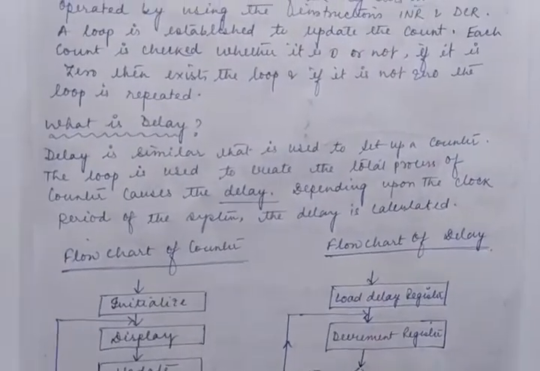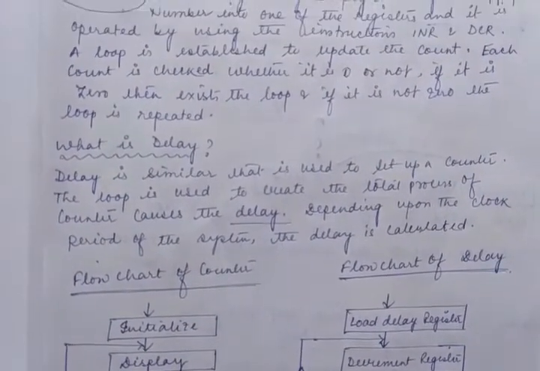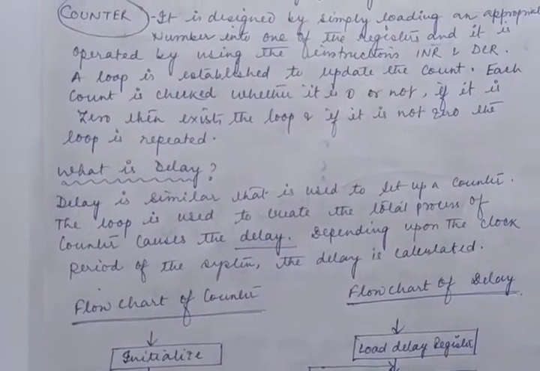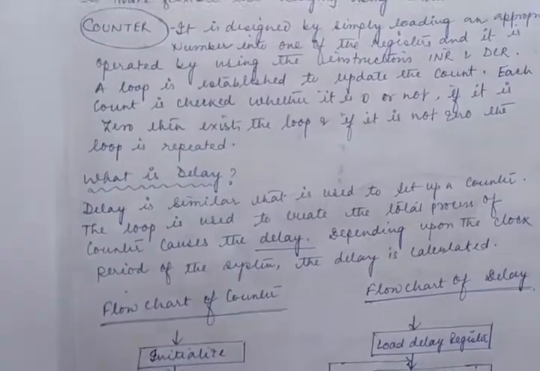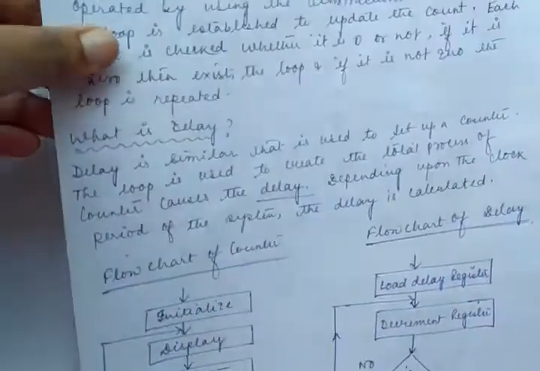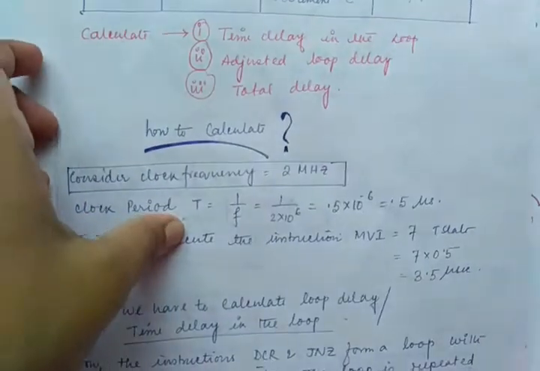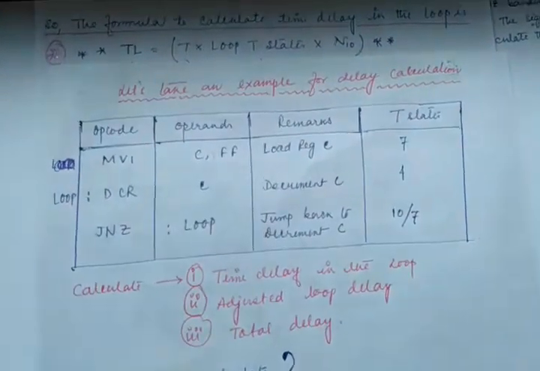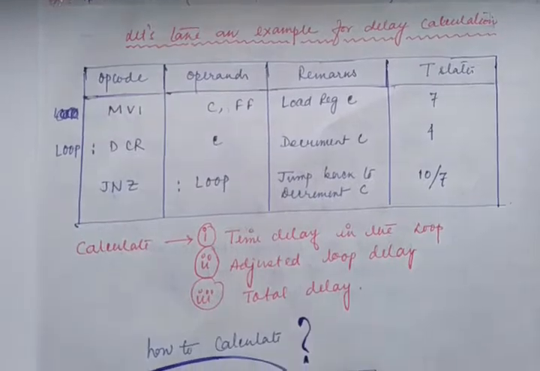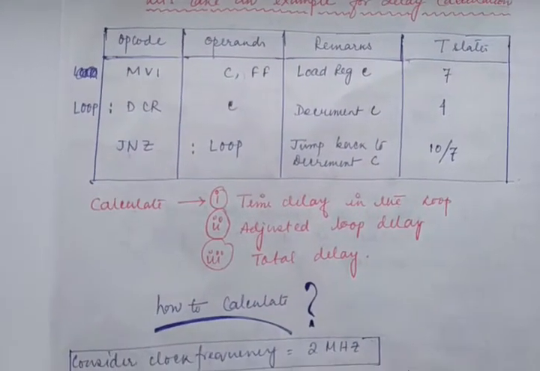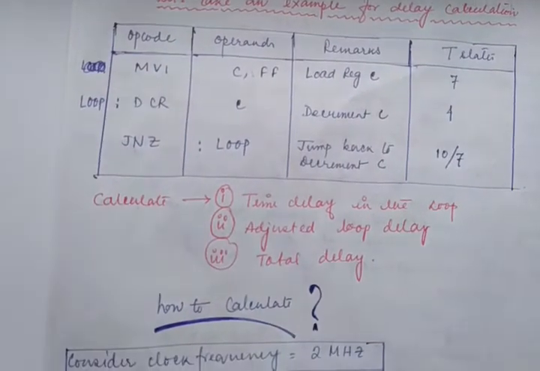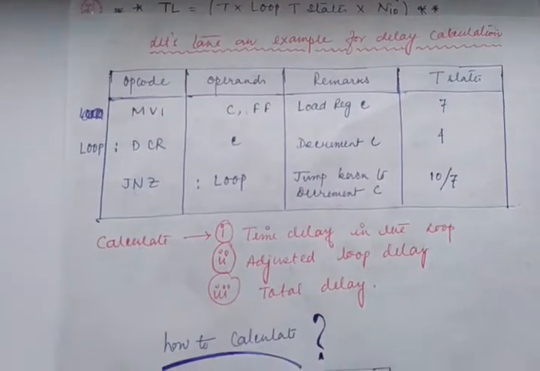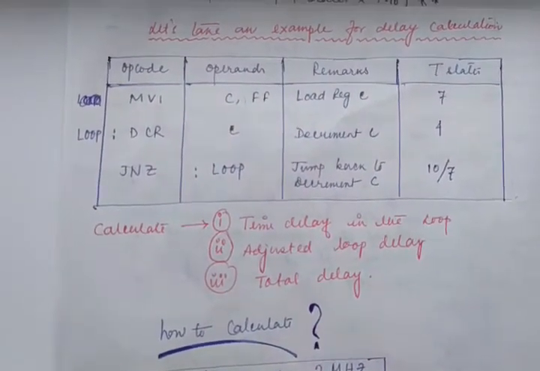Okay, so here is some flow chart of counter and delay, and it is very easy. Please go through it because it has already been explained several times in your assembly language programming part. Okay, so now I am going to the section on how the delay is calculated, right? So this is the section that I have already shared with you, and this is some example. I am focusing only on the loop part, because there is some start section and some main sections, but I will not concentrate on that. I will only concentrate on my loop part, because my objective is to calculate the delay, right?